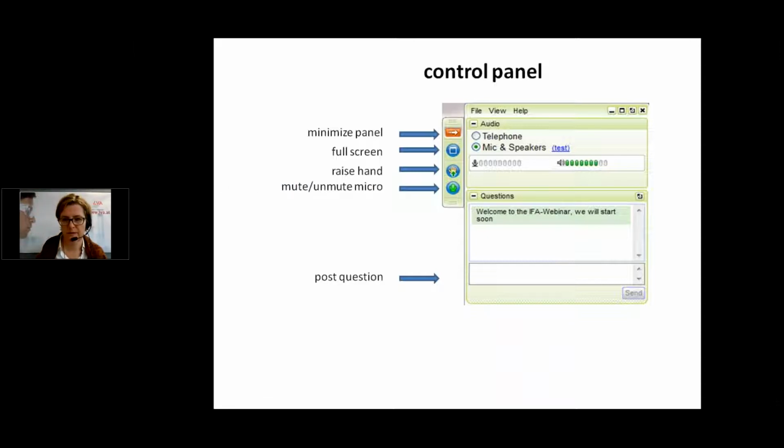This is the icon for the microphone. It can be used to also unmute your mic, but as I already said, it is a bit hard to coordinate audio interactions. We have a lot of attendees today, so please stick to the written form of interaction and I will keep your microphones muted. They're all muted and the session will be recorded.